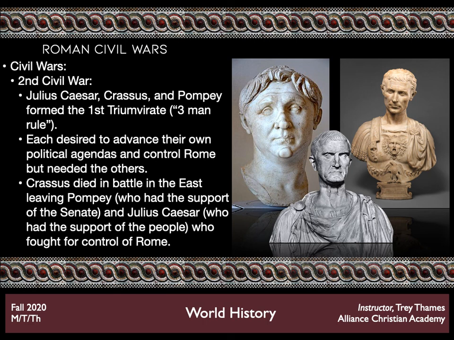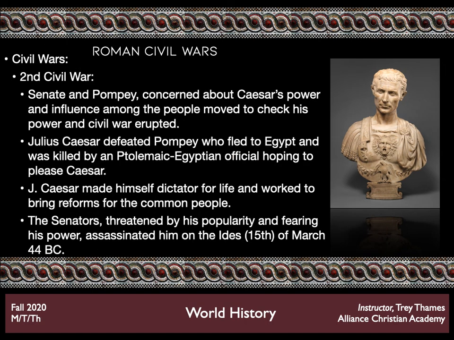Eventually, Crassus, right here, is going to die in battle in the east, and it's going to leave Julius Caesar and Pompey to fight it out as they basically conspire against one another. Eventually, Pompey, by the way, has the support of the Senate, and Caesar has the support of the people and the soldiers. Eventually, Pompey loses and has to run for his life to Egypt, and he gets killed by an Egyptian official down there thinking that's what Julius Caesar wants. That's not what he wanted. He gets killed for it. But anyway,